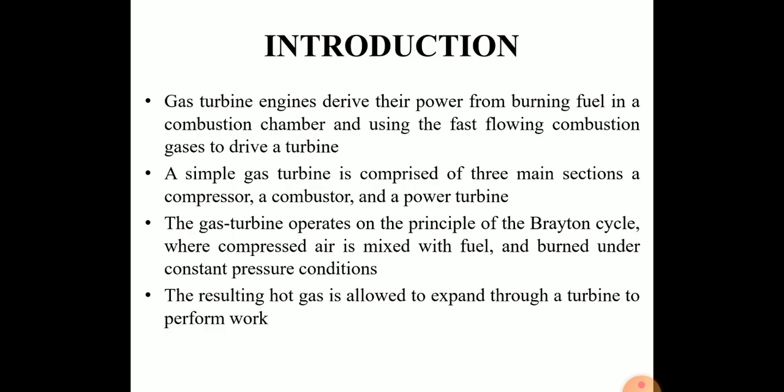When you talk about the simple gas turbine diagram, it consists of the compressor, which is used to compress the air, the combustion chamber where we burn the fuel, and finally the turbine where the air gets expanded, due to which the turbine starts rotating. This turbine energy will be used to convert it into electrical energy. The generator is usually coupled with the turbine in order to produce the electrical power.